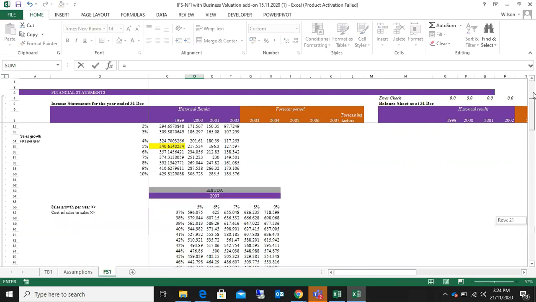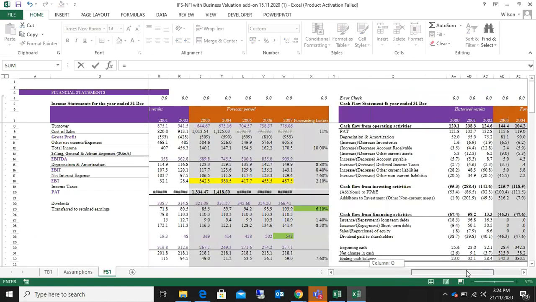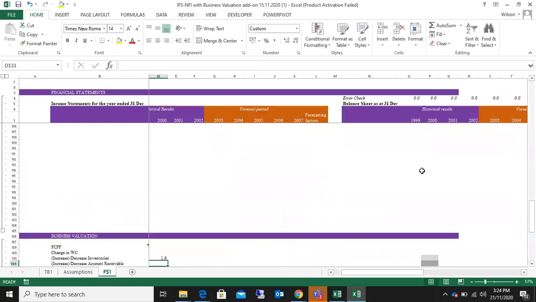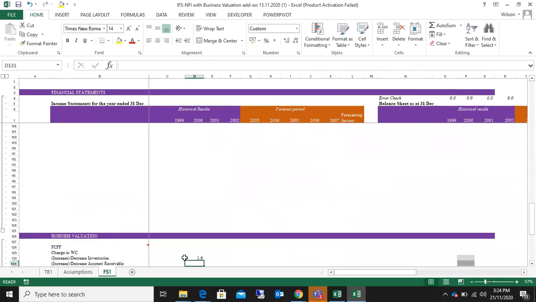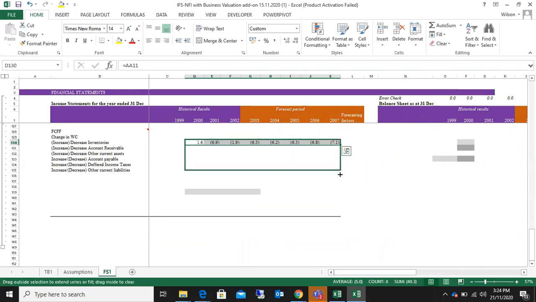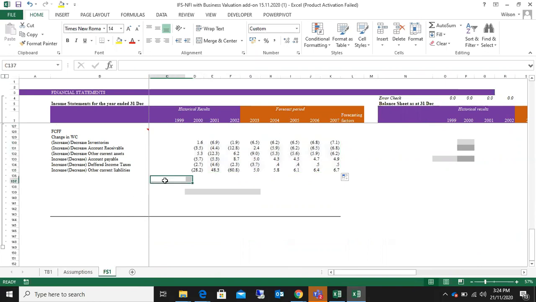So we'll go and pick the change in working capital in year 2000. Can you see? So we have it. I'll press enter. All right. So to do that, you can drag this like this, exactly. So you see what we have there. So immediately you do that, you can just highlight everything here and take it down. So this is what